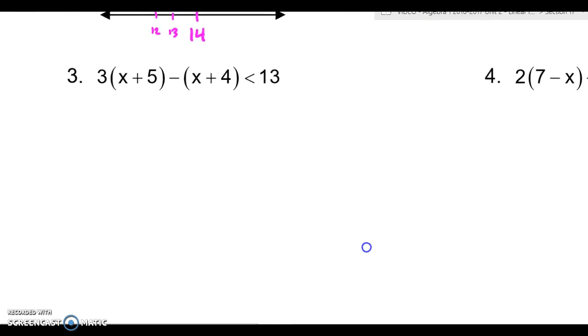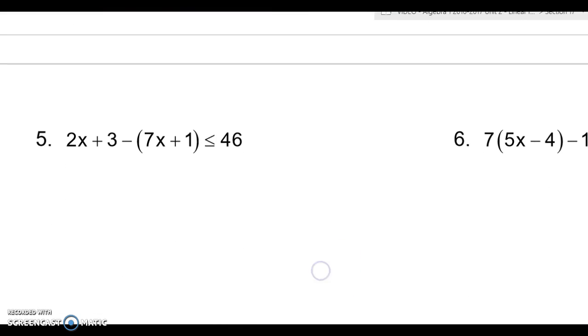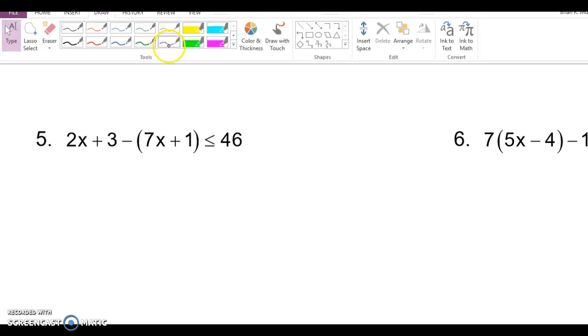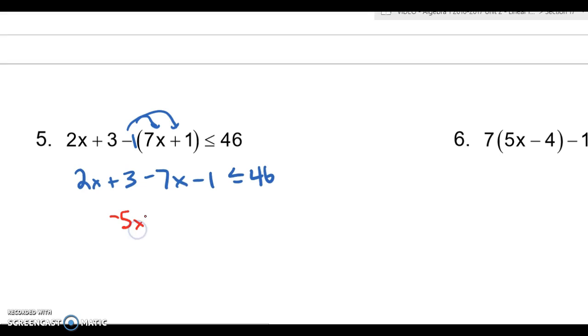I'm trying to look for one here with a negative number. Let's do number 5. So number 5, my first step would be to distribute the negative 1 to get 2x plus 3 minus 7x minus 1 less than or equal to 46. So I want to put my like terms together. 2 and negative 7 is negative 5x. 3 and negative 1 is 2. So I'm going to move over the 2